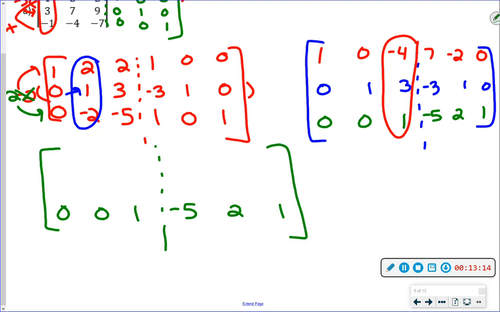And we're going to change the number blue 3 and the red negative 4 above. Doesn't matter what you do, we have to do them both. I'm going to do the blue 3. So to get rid of 3, I need negative 3. So working off the green row,